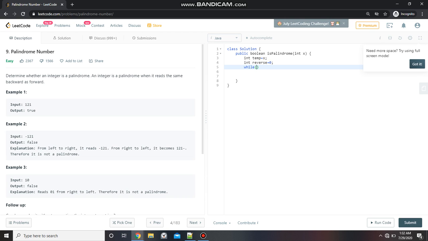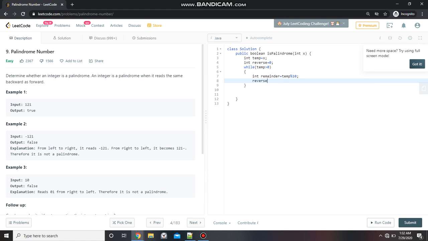Now we'll perform the operation of reversing. In the first step, we take the remainder by doing the modulus operation with 10. What this first step does is it separates the digits from the original number one by one.